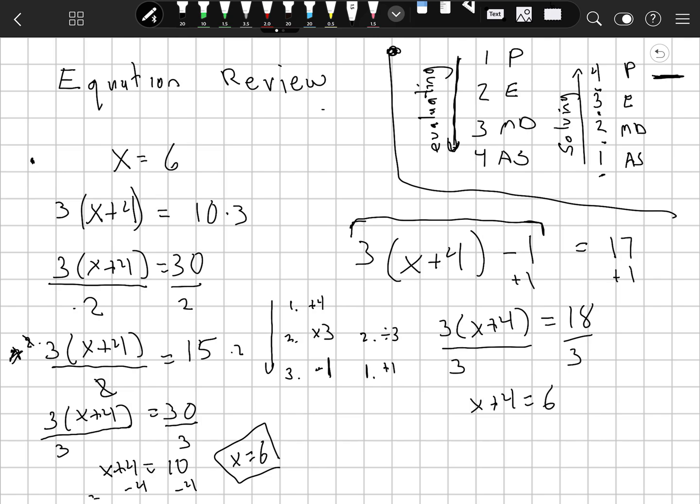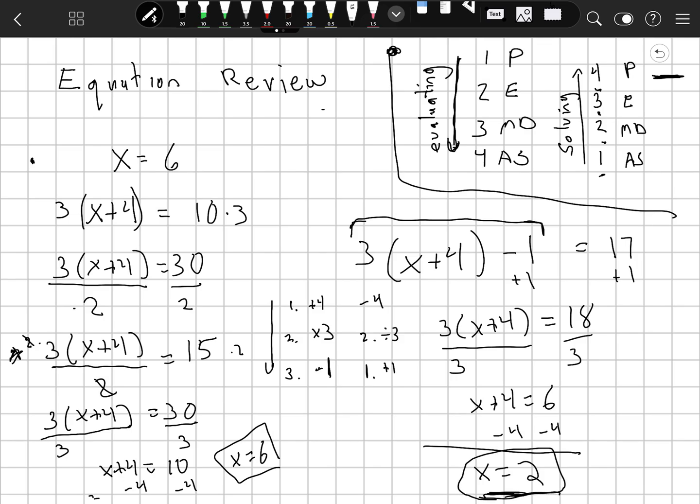And we have one last step here. We added 4, so we're going to have to subtract 4. Subtract 4 on both sides. So minus 4 here, minus 4 there, and we've got x equals 2. So we used the reverse order of operations and inverse properties to solve for x, to see what x is